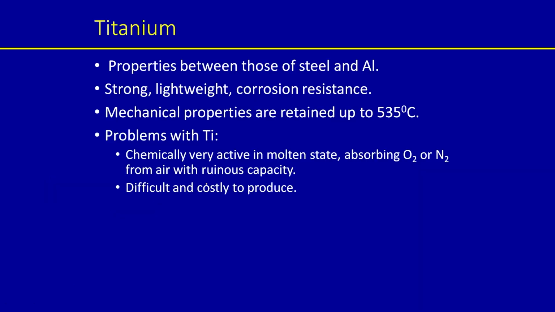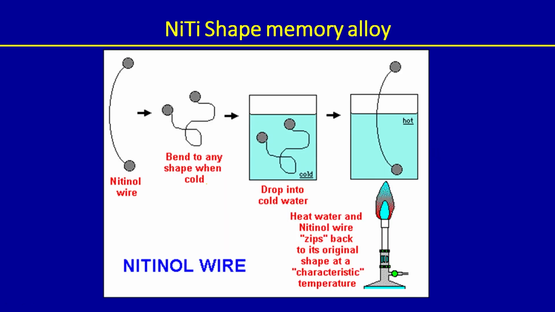The second one is titanium. Titanium has a density between that of steel or iron and aluminum. As I showed you, it is strong, lightweight, and has extremely high corrosion resistance. It can be used in sea water also, but it is chemically very active in the molten state. It can absorb oxygen and nitrogen easily from the air, and that can ruin its capacity. It is costly and difficult to produce. It forms a hexagonal close-packed structure, which is why it is not as easy to form as aluminum with its FCC structure. We will talk about titanium alloys in the next lecture, but just to show you one application,